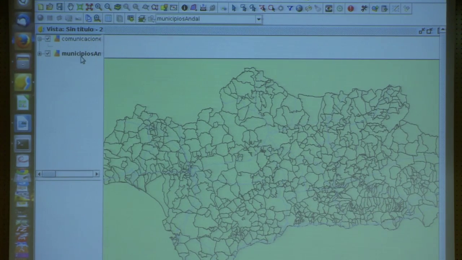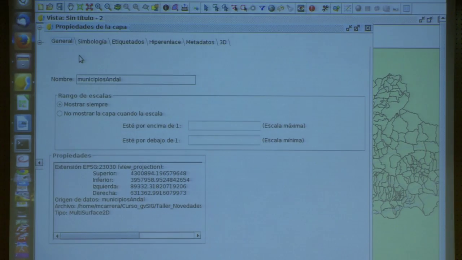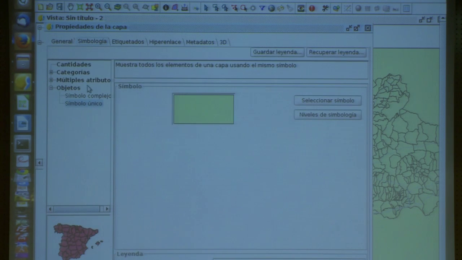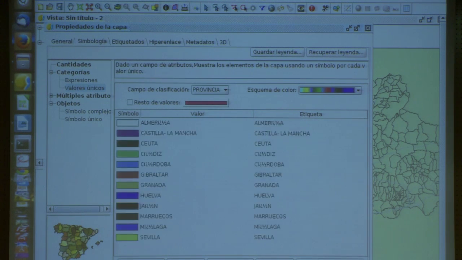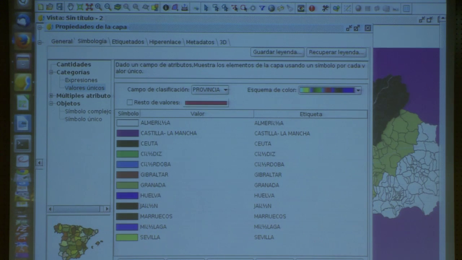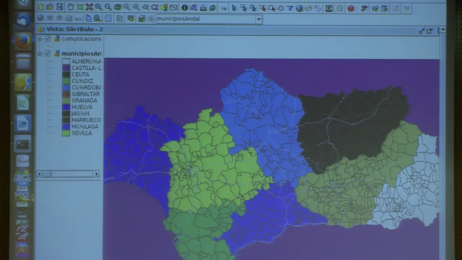The manager, and then we go to municipalities, this view with municipalities. We go to symbology, icons, and in the categories we have unique values, and I'm going to change the color per province. And here we add all of them. We apply this, and okay, this legend,